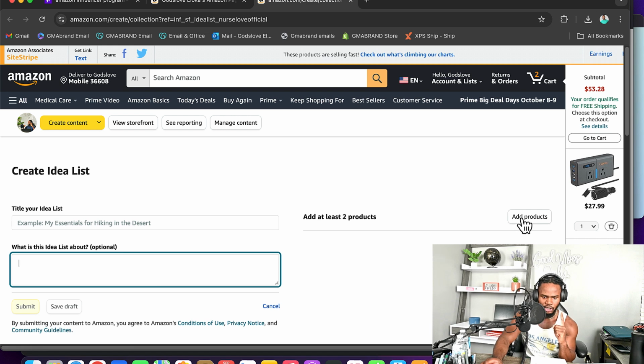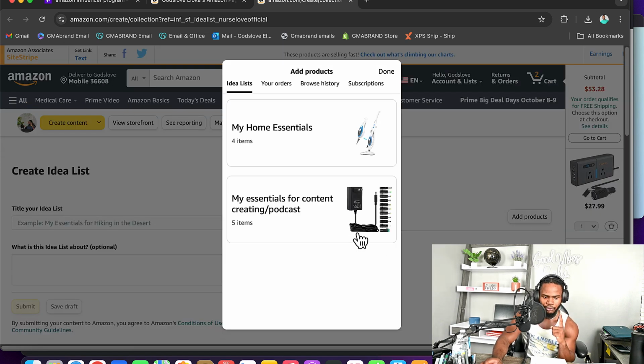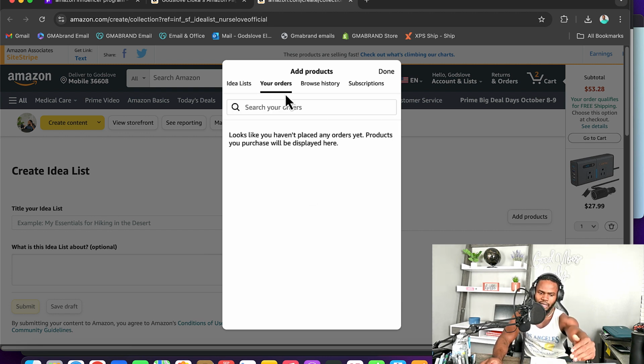So here's the cool thing: if you sign up for this program using the same email address as your personal one, like the one you used to shop on Amazon, all of your orders are gonna appear here. Everything you've ever bought off of Amazon is gonna appear here, and you can just select what you want to add,